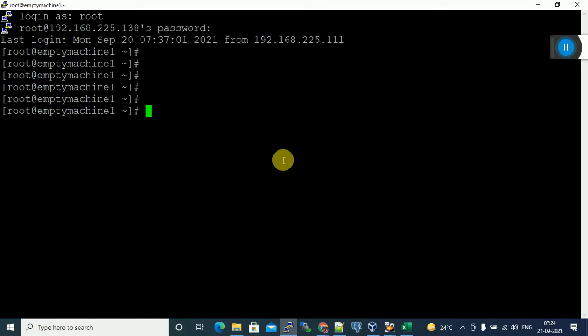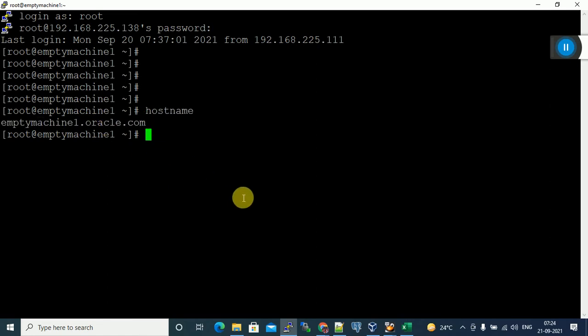So ifconfig is used to take the IP address. So how to find the host name? Give the hostname command. This is my fully qualified host name. Out of this, what is the domain name?